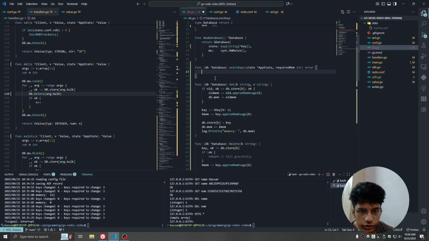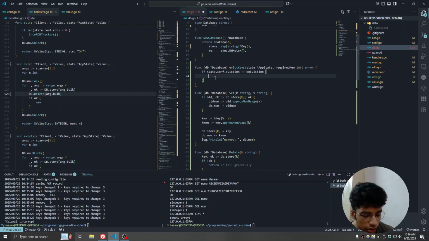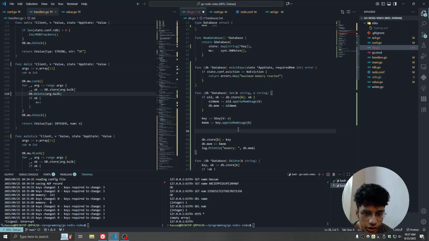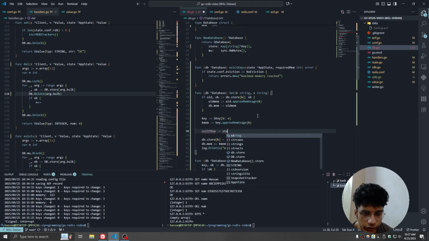Now for now we don't need to do anything complicated over here. We're just going to say if state.conf.eviction equals no eviction, which is the only policy that we have right now, let's just return an error and say maximum memory reached. Let's just say that. And down here in the set function, let's add a conditional. Let's say out of memory, and this will be a conditional basically. This will say if